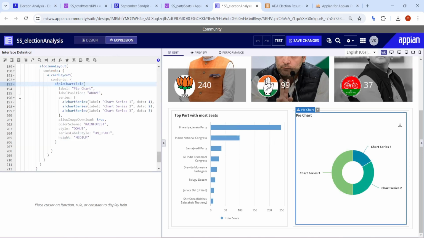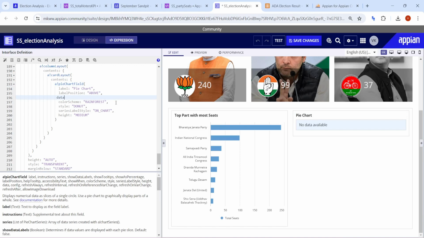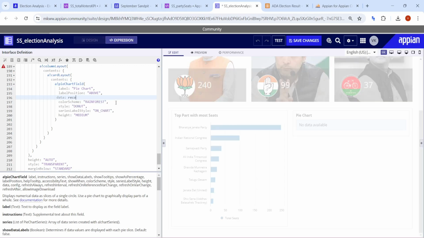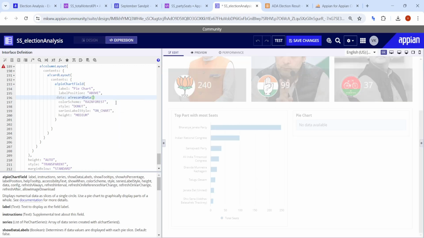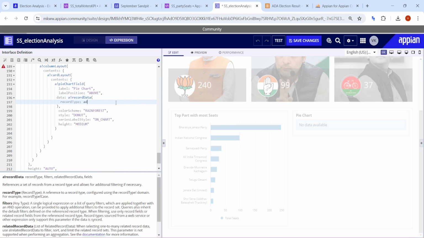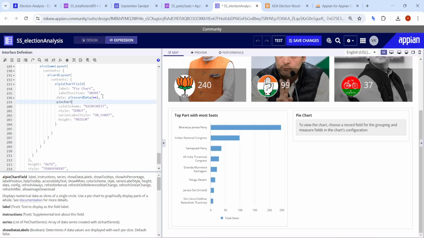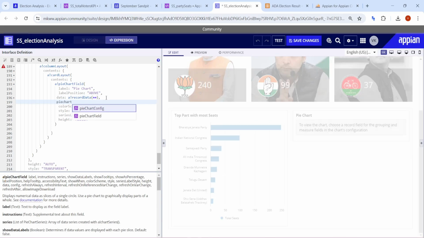In this pie chart we basically want to show what the vote share of each party was. So our data is going to be the same record data only. I will use the bank record data, and the record type is going to be ADA election result. Okay, this is the data, and now let's go to the pie chart config. So let's write the keyword configuration, config, and here we will use